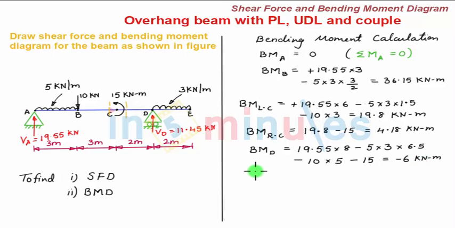Next we move to point E. Now bending moment at point E is equal to 0, since summation of all moment about any point, and if that point is E, is equal to 0, then again by definition summation of all moment about point E will be actually the bending moment about point E, which is 0. So with this our bending moment calculation is over. We now plot the bending moment diagram.